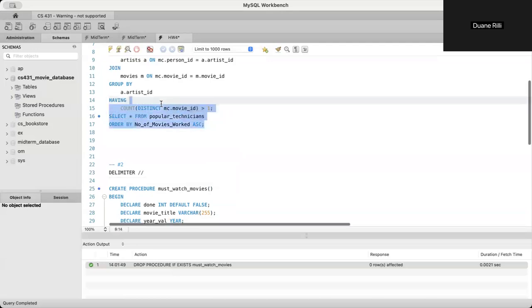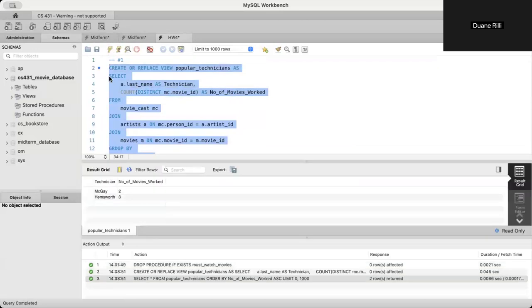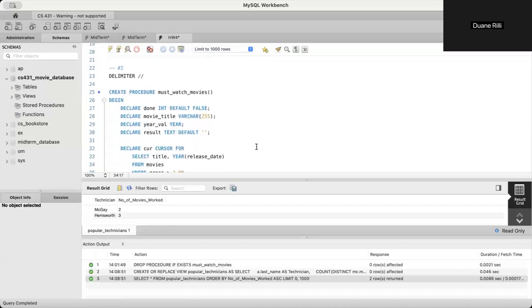So let's see. Let me run it. And as you see, it has the two technicians that worked on more than one movie, and it matches the output for the assignment. All right, it's done. Okay, for number 2,